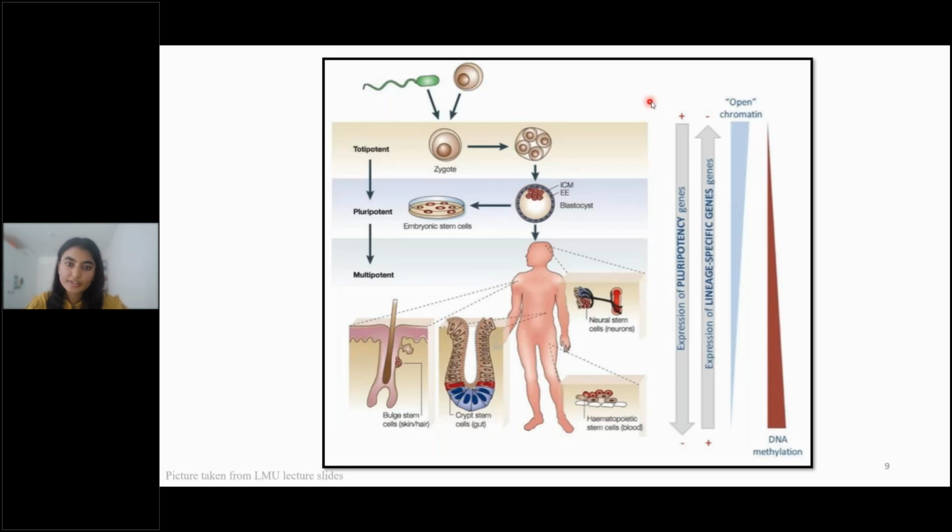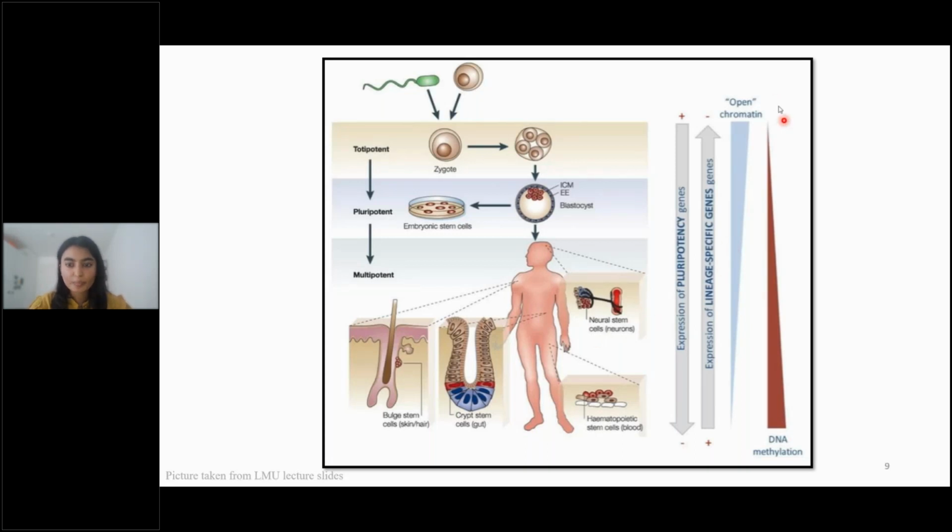So what you need to pay attention to here is that when we go from totipotent to multipotent, from up to down, we see that the expression of the pluripotency genes is going to reduce, which makes sense, right? Because now we are not going to be pluripotent, we're going to be multipotent. So the expression of the pluripotency genes decreases. Then the expression of the lineage specific genes. Lineage is like the neuronal stem cells, they have a fixed lineage, they can only form neurons. So this expression will increase.